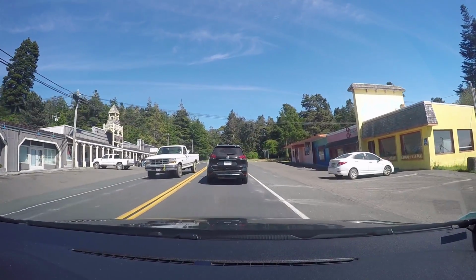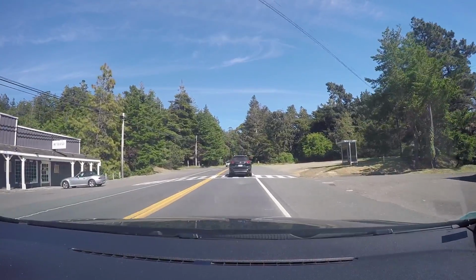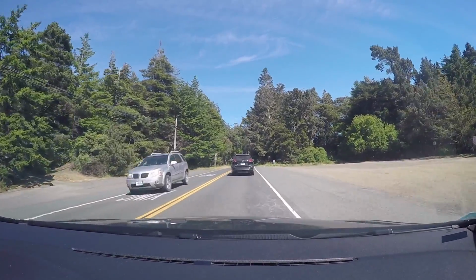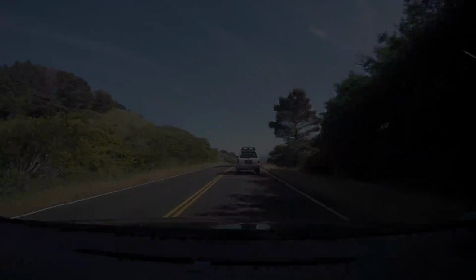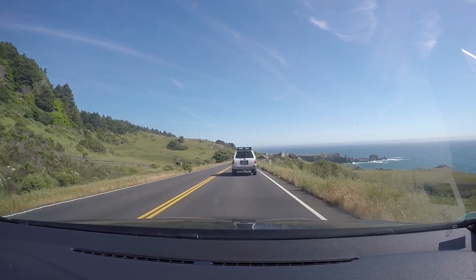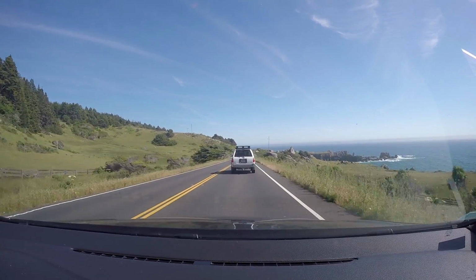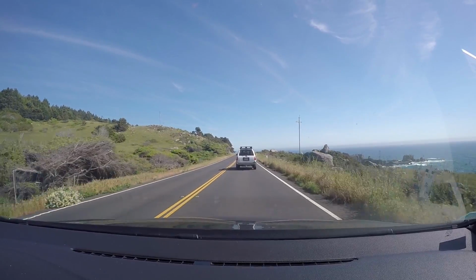So that person in the white truck there, you can probably tell, they were just on the wrong side of the road, parked apparently in the middle of the road. So thanks to the quick reactions of that person in front of us and myself, we managed to slam the brakes on and not crash into this random person who decided to park their truck in the middle of the wrong lane. Anyway,